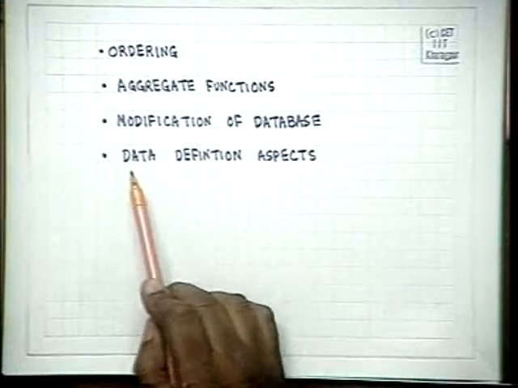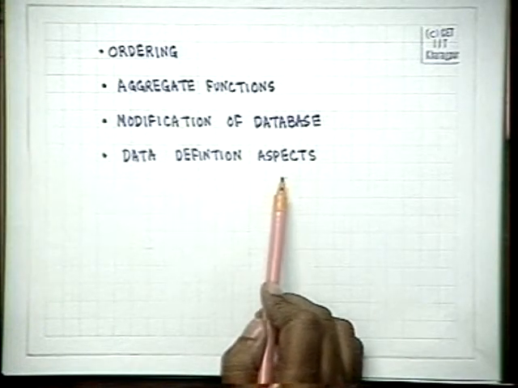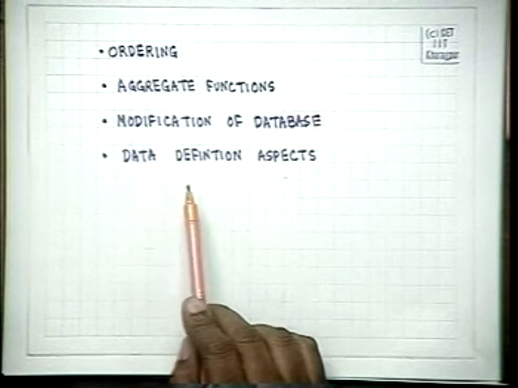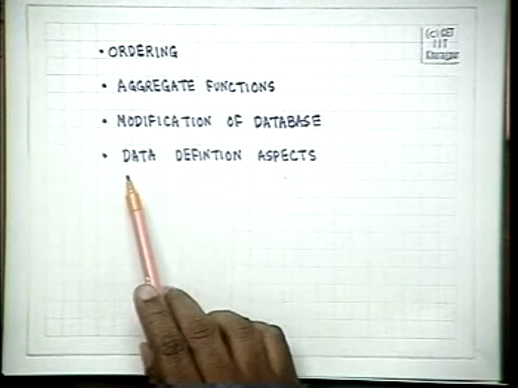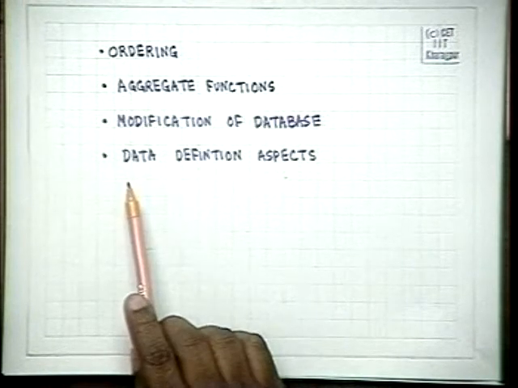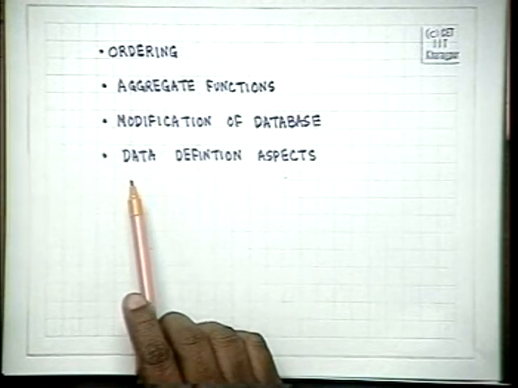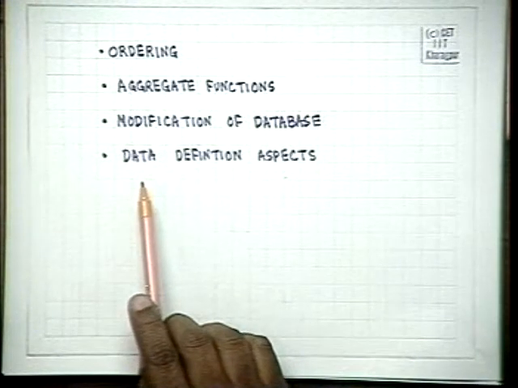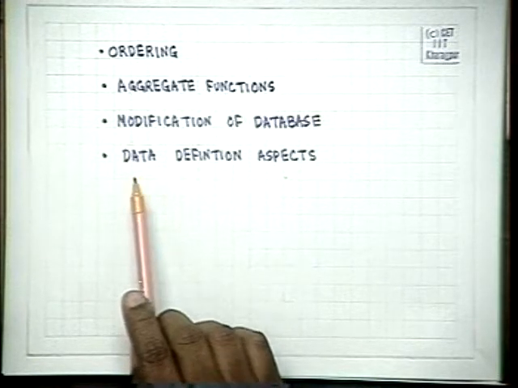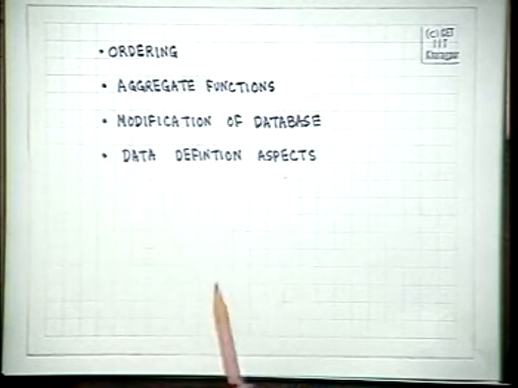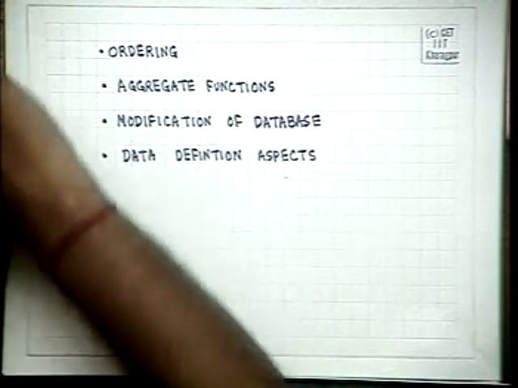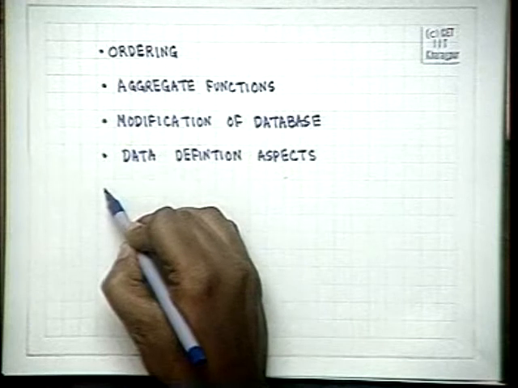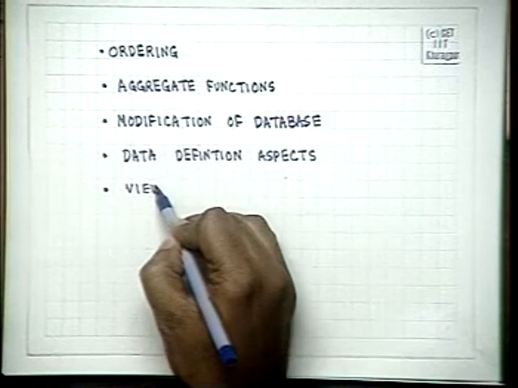The second major aspect which is provided in SQL is data definition. That is, how do we define the database itself? How do we define the data relations? What are the relations, the attributes of the relations, and the types of the attributes? And we may create a relation and we may destroy a relation. So functions for creation and destruction of relation are also provided. And finally, we will see what we have is called views.